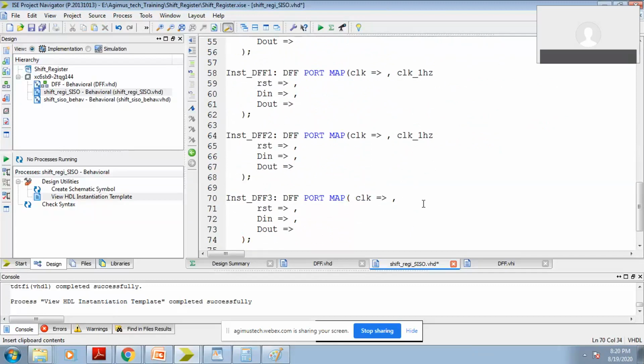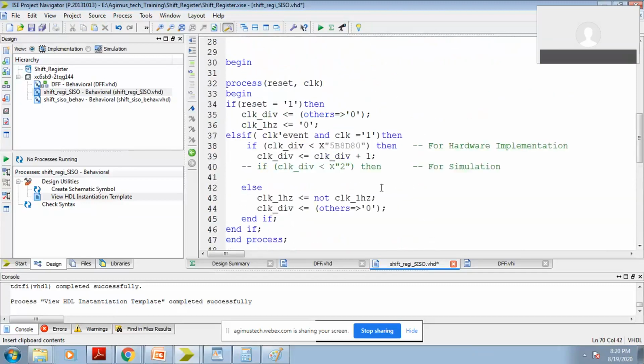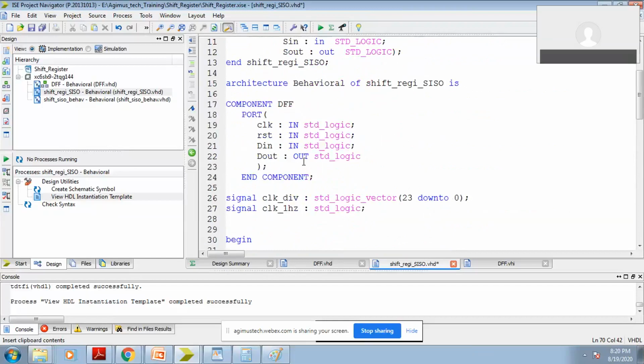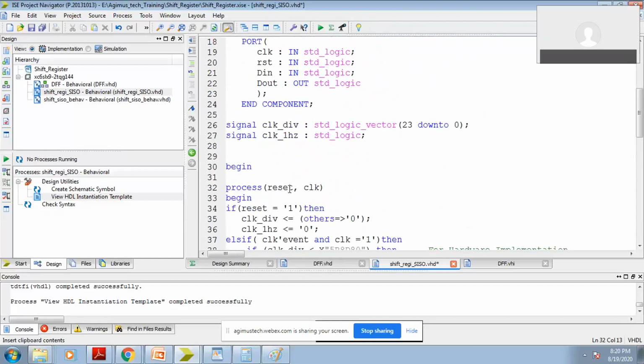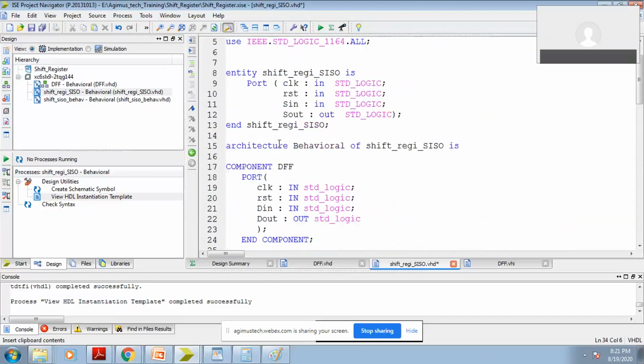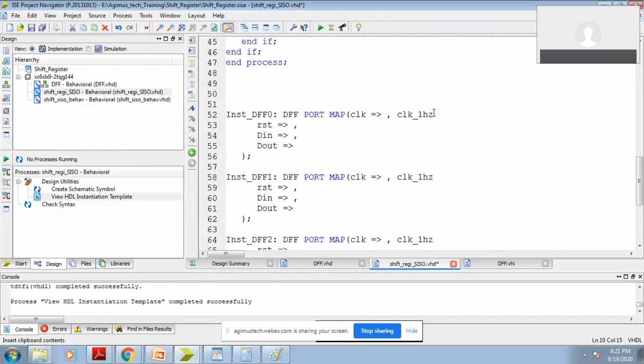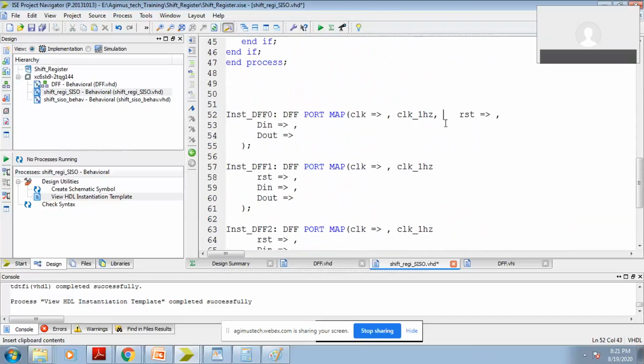Okay, I've assigned the clock. I am using the same reset, so I have to change the reset here also. I'm using the same reset everywhere, which is the original one. I'm using a single line so that it is visible to everyone what code I have written.